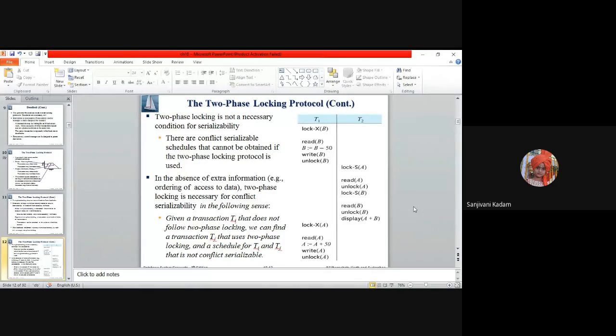Conflict serializability means that whenever there is a concurrent schedule which can be converted into a serial equivalent schedule by checking for the conflict of the statements, then we can say that schedule is conflict serializable.